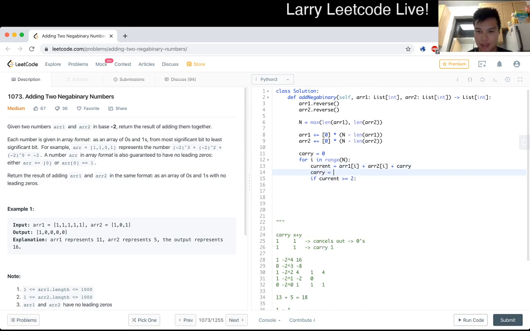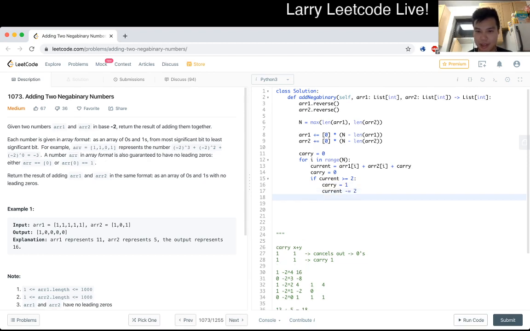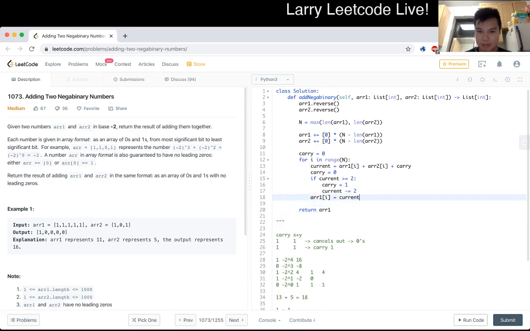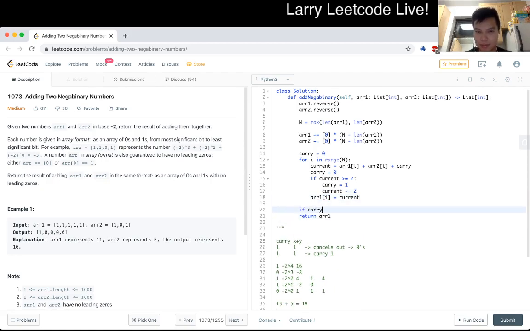Let's reset the carry. Carry equals 1, and current 2. This could be at most 3 anyway, right? So okay. Now carry, then